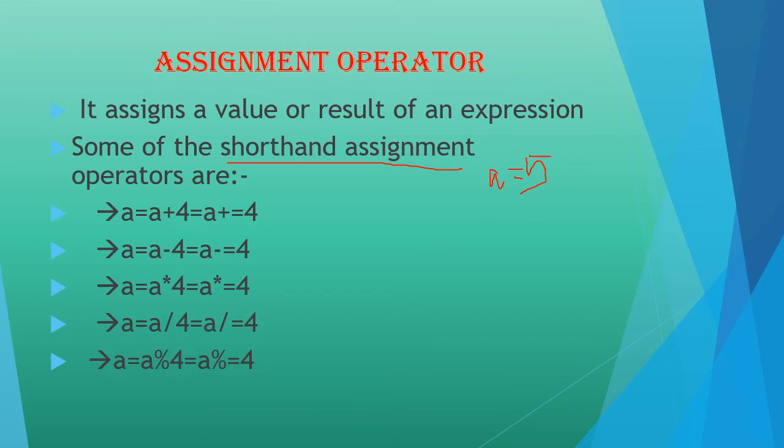That means all the arithmetic operators can be used along with the shorthand operators. Here I have written a is equal to a plus 4. That is a equal to a plus 4, where I have a twice. So in order to avoid writing a twice, I can just write a, then the operator, plus. So I can write a plus equal to 4. Or instead of that we can have minus, multiply, divide, or the percentage mod. Anything. So these are the different shorthand operators of the assignment operator.